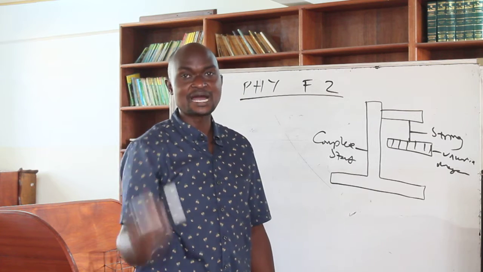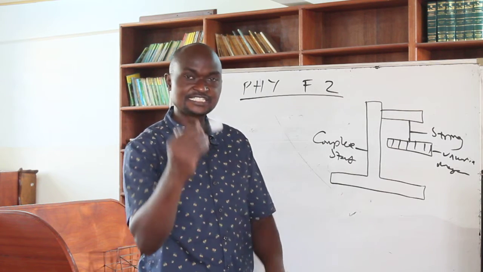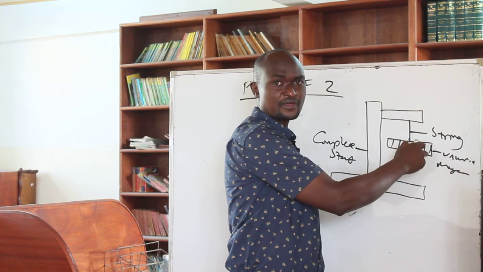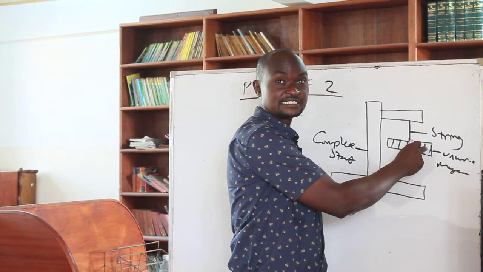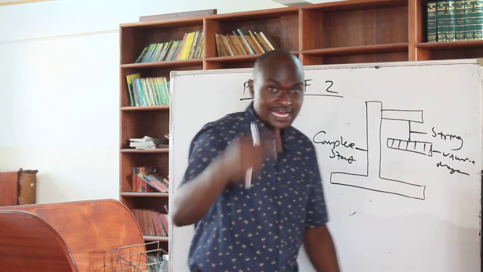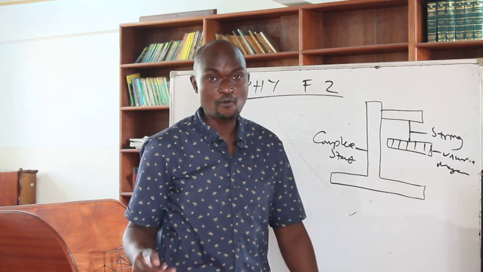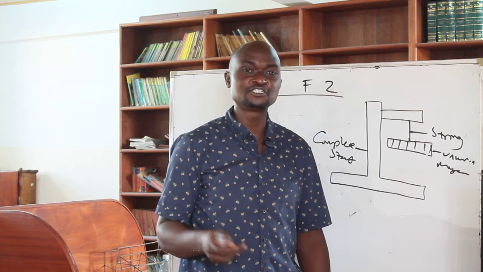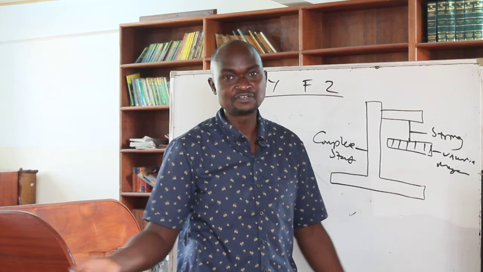Alternatively, bring a marked magnet. If this is the north pole, and you bring it here, and they attract, this is south. If they repel, you know that this is north. So you describe step by step, either by drawing or by words, but eventually it says which is the north pole and which is the south pole. And you've answered your question.